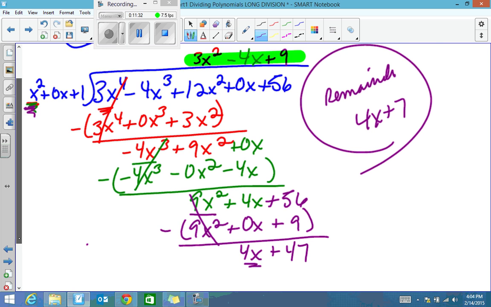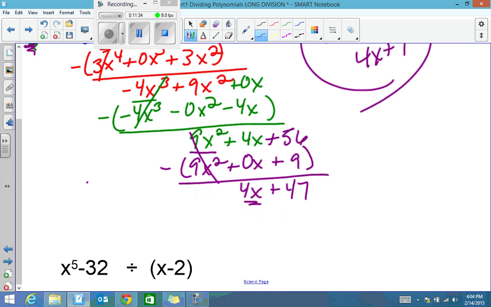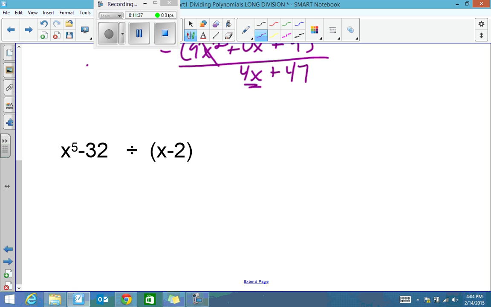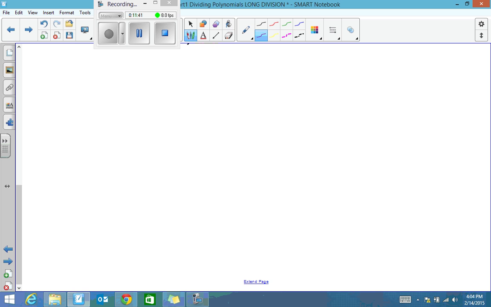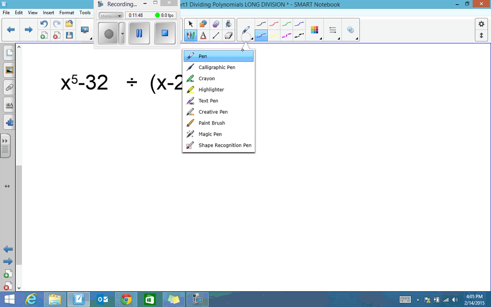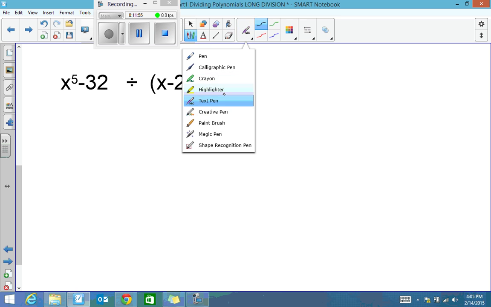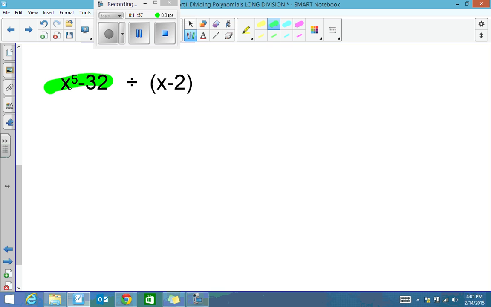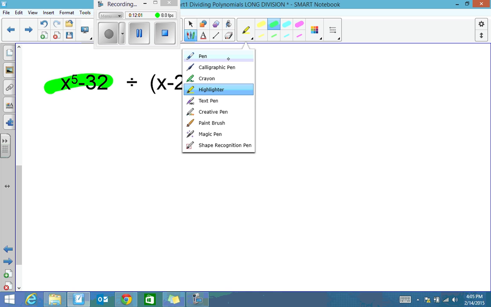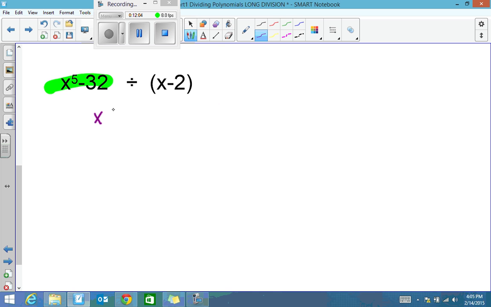So let's look at one last example. So we looked at 5x to the 5th minus 32 divided by x minus 2, and hopefully in looking at this you see that we're missing quite a few terms in this equation, because we go from x to the 5th to a constant. So we're going to need to think about this equation really as 5x to the 5th